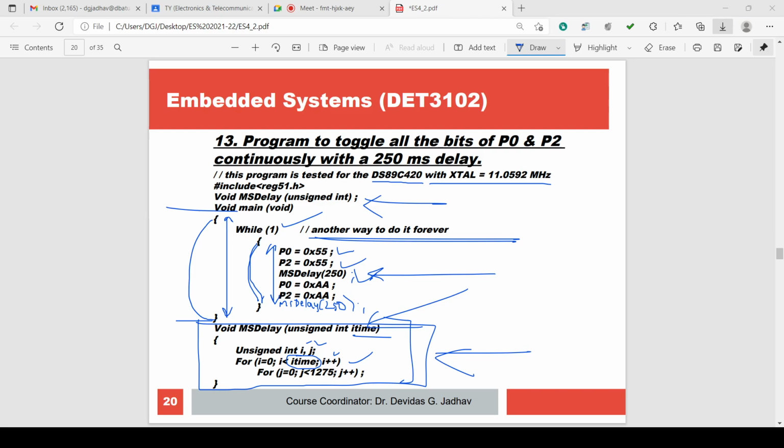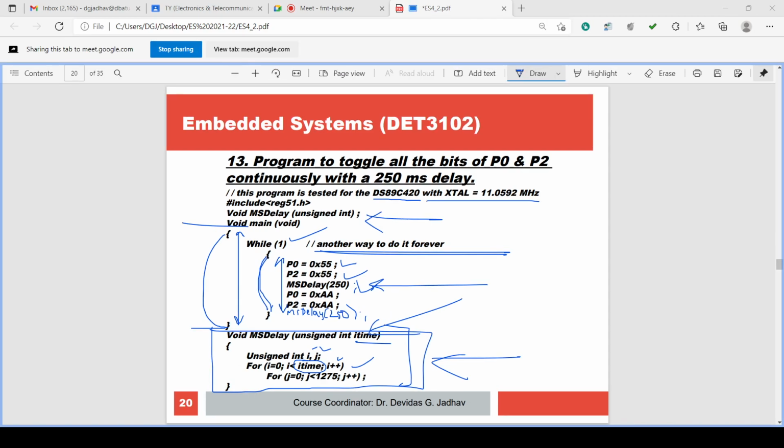Persistence of the eye. If the value stays 1/10 of a second on the display, then we can observe. So as the simulation is going on very fast in the megahertz frequency, 12 megahertz, 30 megahertz, 11.0592 megahertz.